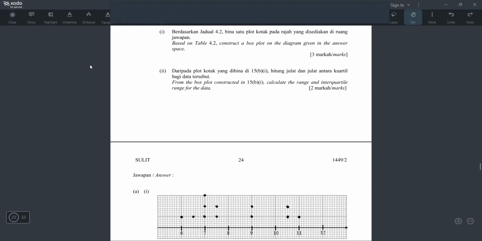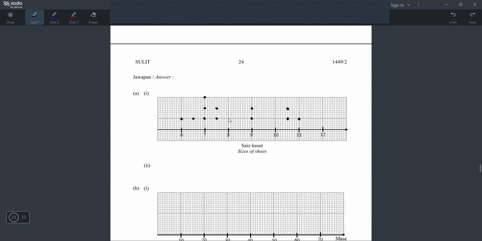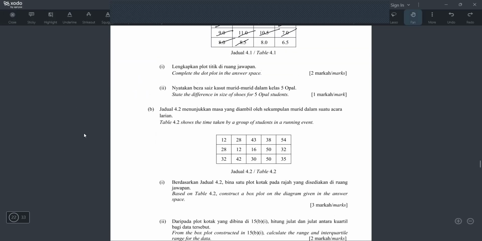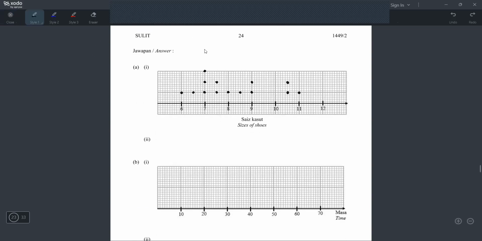Okay. So 10.5, 7. Betul? Okay, now 8.0, 8.5. Mana? 8.0 sini. 8.5 is 8, 9 middle. So 1, 2, 3, 4, 5, 6. 8.5. So 8.0, 8.5. Okay, betul. Okay. Last two. 8.0, 6.5. And then finish already. 8.0 is here. 6.5 sudah ada dot, so naik and then put lagi. Okay, wait, make sure it's at the correct line.